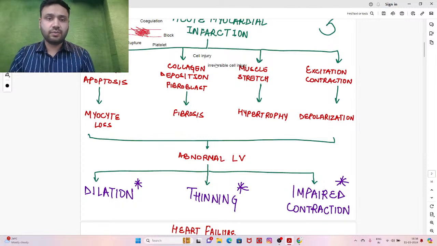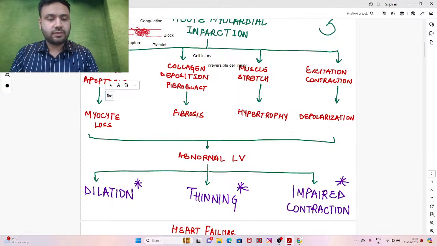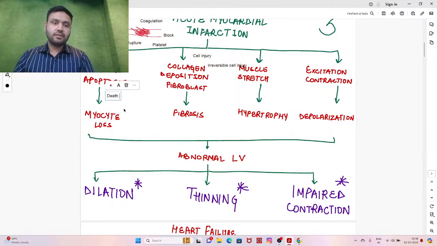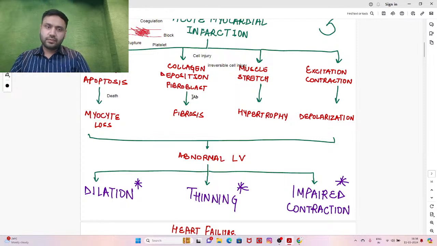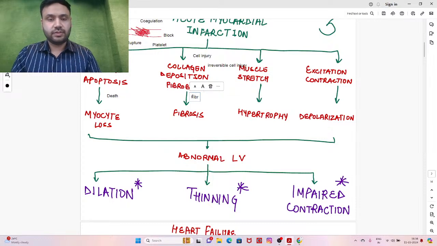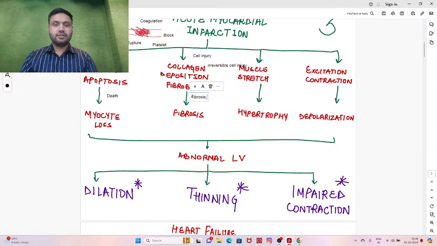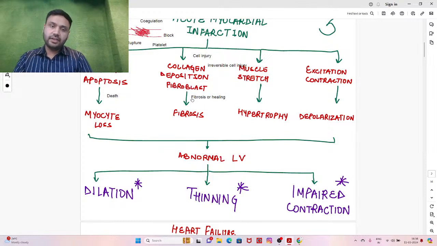तो हम आगे जाते हैं। इरिवर्सिबल सेल इंजरी से आगे क्या होगा? तो सेल इंजरी हुई है तो क्या होगा? डेथ। किस चीज का डेथ? मायोसाइट का। जो हार्ट मसल है दैट विल डाई। दूसरा प्रोसेस क्या होगा? That is fibrosis, or you can call this healing, right? तो फाइब्रोसिस या हीलिंग इनिशिएट होगी वंस सेल डेथ हैज अकर्ड। तो ये दो प्रोसेस हुए।